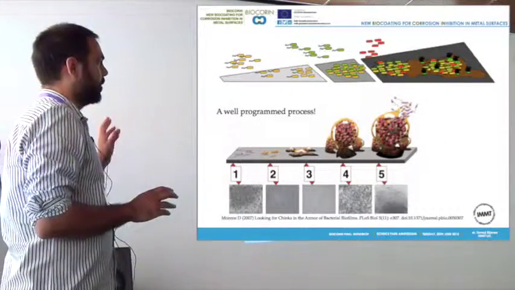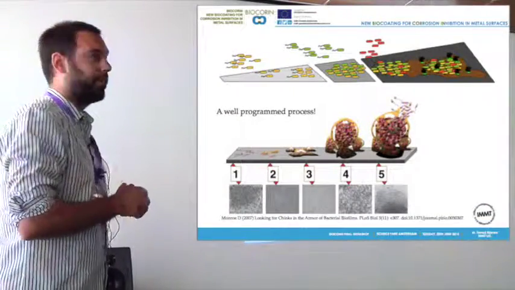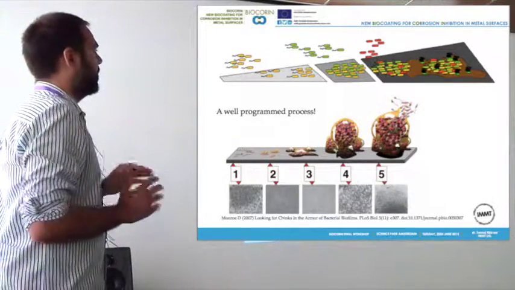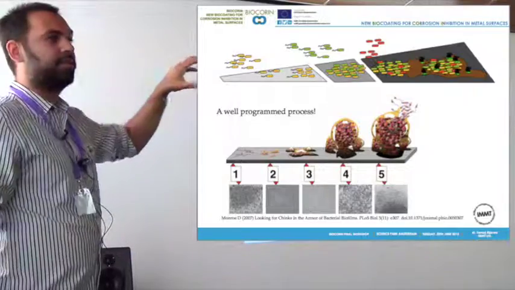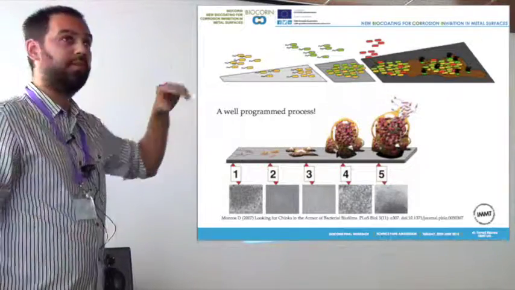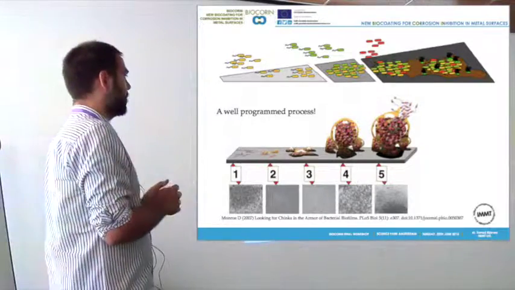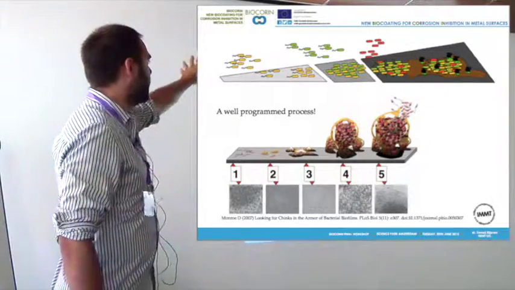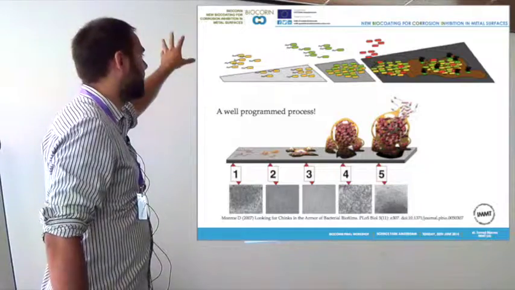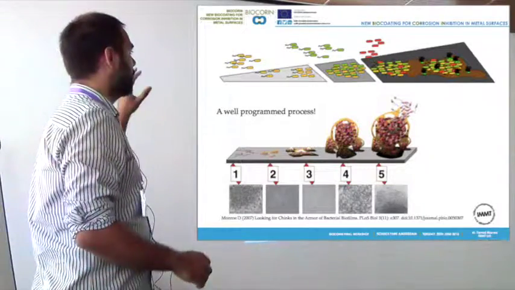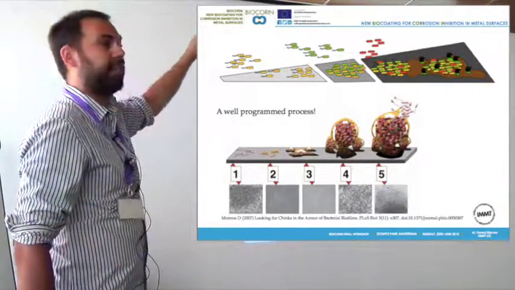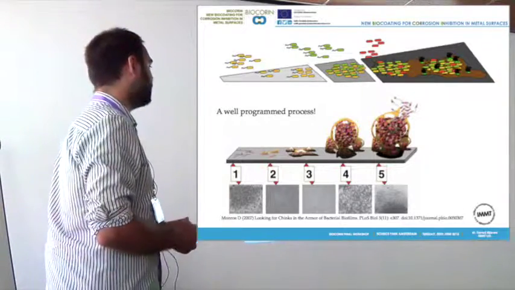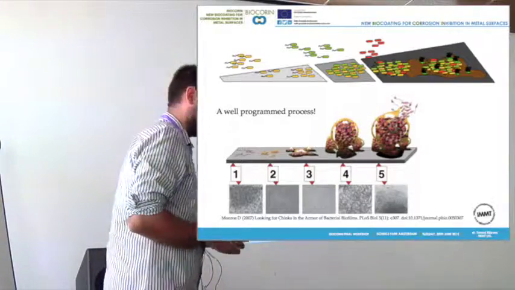We think it's a very well programmed process, and if we focus on the metal, it's very important how these steps progress, how the succession of this natural structure happens. It's very important which are the yellow cells that stick to the surface first, and what are the ones that come next, and then the third ones that attach, and so on. A lot of literature is already available about this,